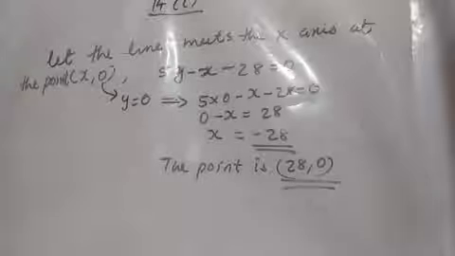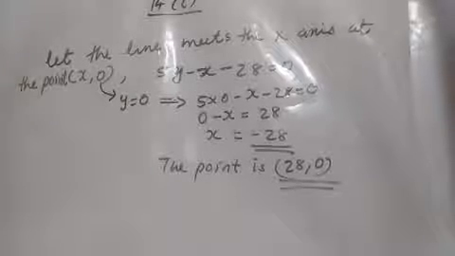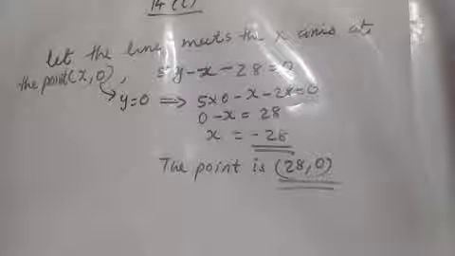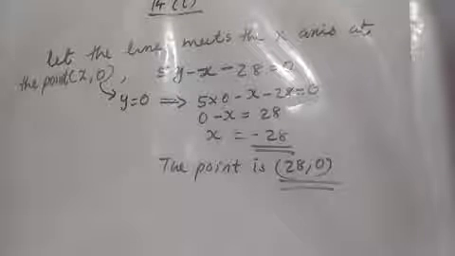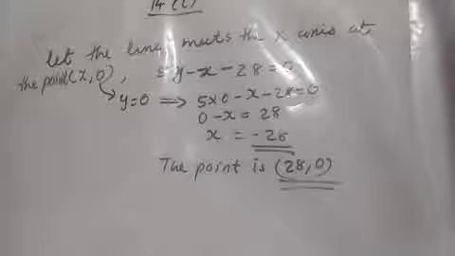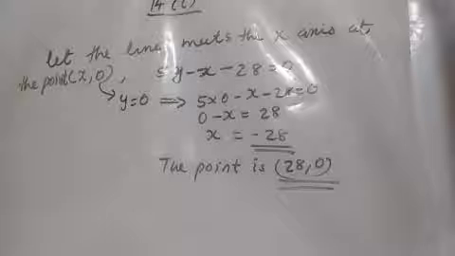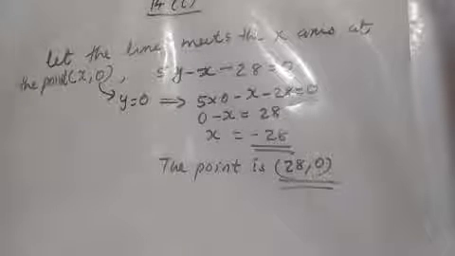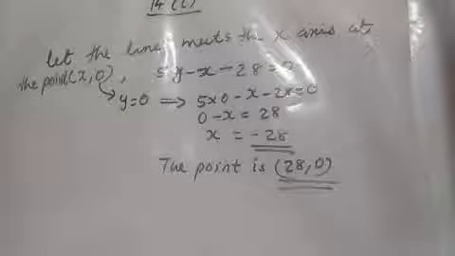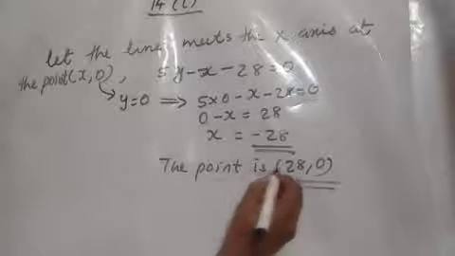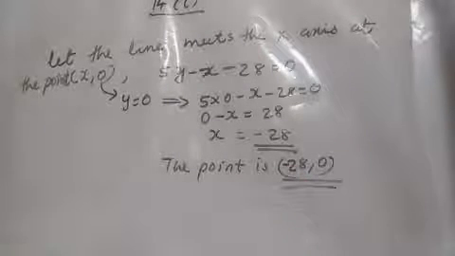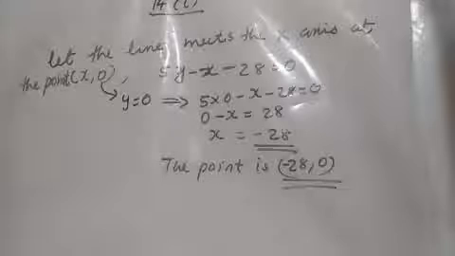If it is given in the question that the line meets the y-axis, the general form is (0, y), so you replace x as 0. In this question it is given that the line PQ meets the x-axis at a particular point, so we should substitute the y value as 0 in the straight line to get the x coordinate, and write it in coordinate form. Which is that particular point? Here it is minus 28. It's not (28, 0), it is (-28, 0).